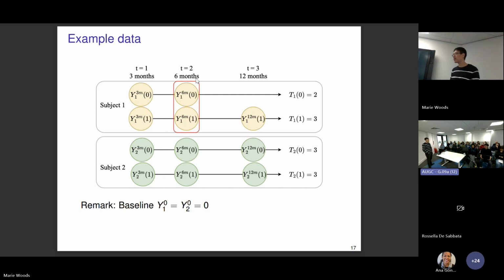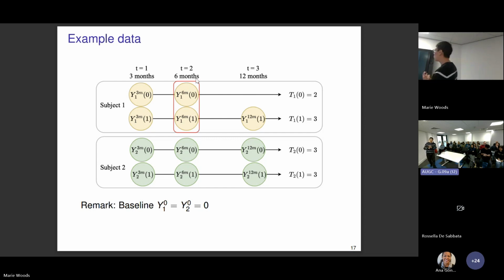So how would I do that? To explain the idea, I will just focus on this very simple example data set where we have 2 subjects. The first subject, if they were given control, will only survive to 6 months. If they were given treatment, they would survive to 12 months. And the second subject, no matter which treatment option they were given, would always survive to the end of the study, which is 12 months. So this is our toy example data set where we only have 2 subjects.